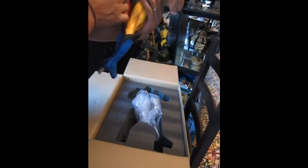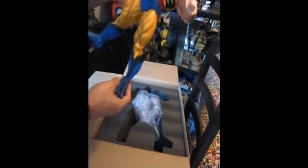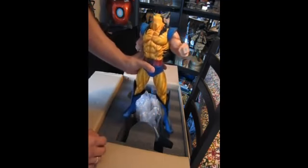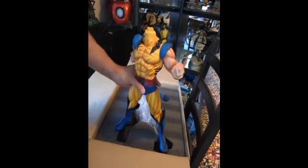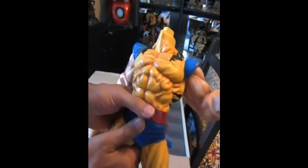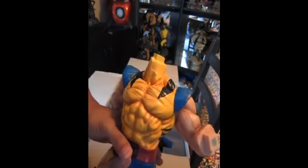Really top notch. So if I didn't say before, this is sculpted by Erik Sosa, who, to be honest, probably does the best X-Men sculpts. I think the stuff he did for Kotobukiya is the best representation of what I grew up with in X-Men, which is the Jim Lee era. Let's see if you can see in the video here. It's really heavy, actually, especially for being such a small piece. See if I can cover up some of this light. You can see